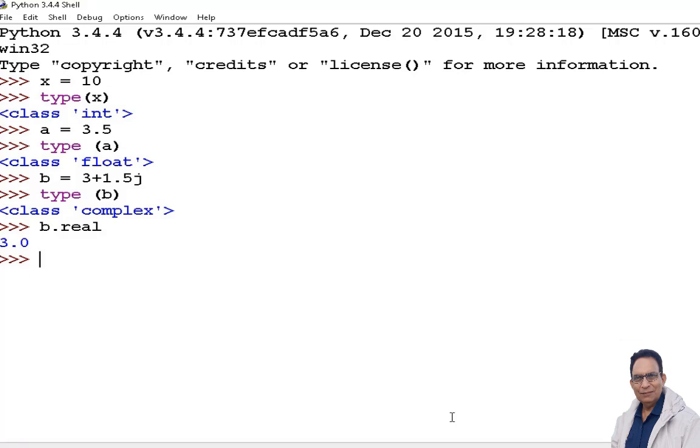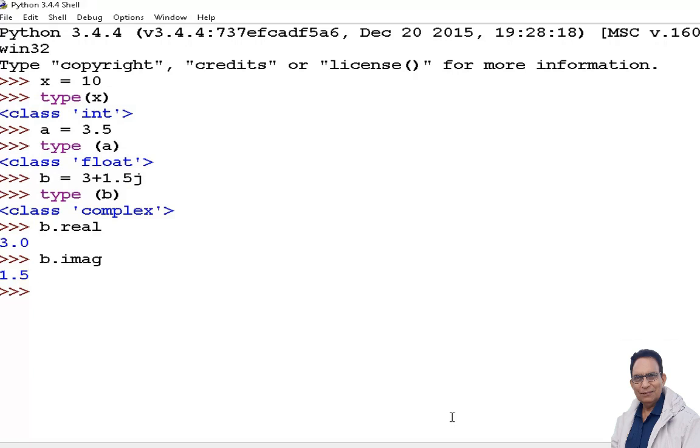Whether you write in decimal or you write as integer, the return value will be a float value. I write b.imag, press enter. It gives you 1.5. So 1.5 is the imaginary part and 3 is the real part of it.